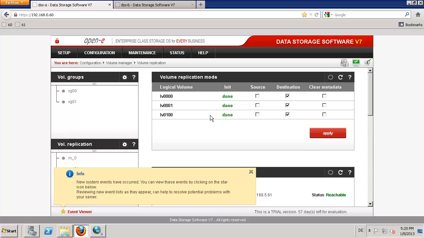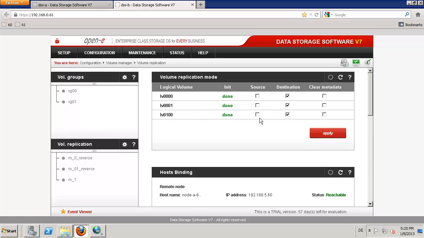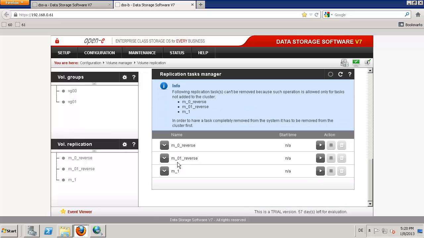But let's say we make a mistake. We do these two as source here. Actually we should do all, but we do these sources. We think everything was okay, so we do these two on node A, and the third one we just go and say on node B as a source. Okay, so now M1 I'm starting in the wrong direction,